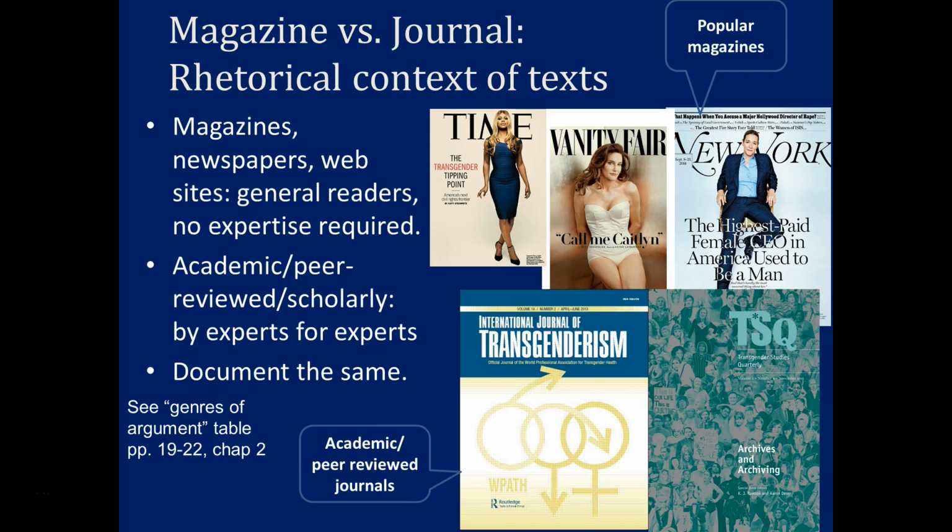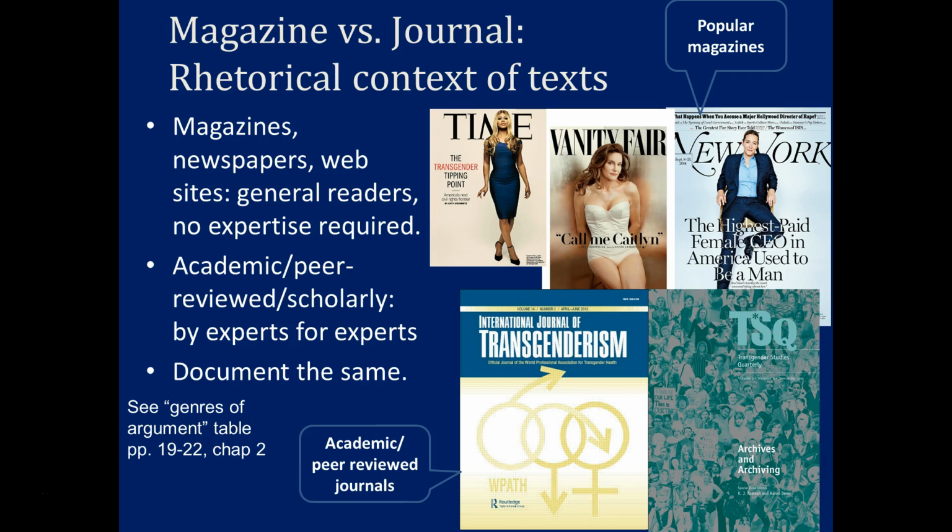On the bottom here, you can see some different journal types. These are two academic journals that have to do with transgenderism. And these are folks who look at the physiological aspects, the psychological, the sociological, the economic aspects of this. And they do it in much more detail, much more comprehensively than the kinds of general interest publications that you see up here. They're written by experts, as I said, for other experts,